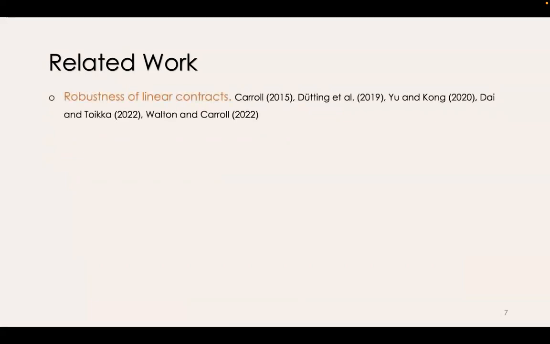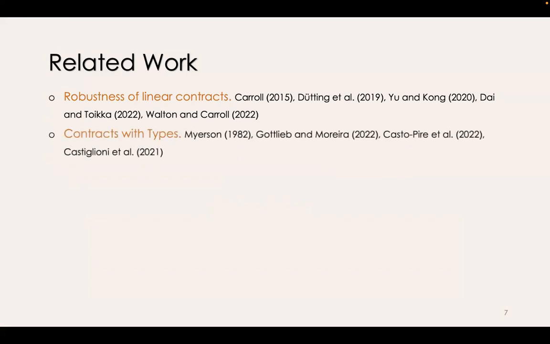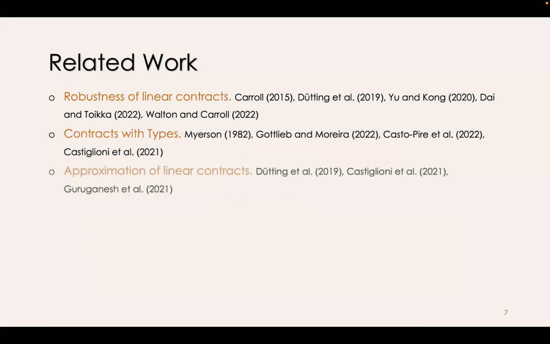So before getting into the technical part, I want to talk about the connection to previous literature. There are three main streams of works that are most related to ours. First is the line of work on the justification of linear contracts from the perspective of robustness or maximin optimality in non-Bayesian models under many different assumptions. Our work also contributes to a broad literature on problems that combine moral hazard with adverse selection, both from economic and computational perspective.